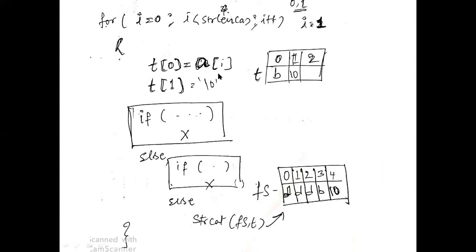Okay, as i is 1, you're going to fetch the second character from the array a, and you're going to store that one in the 0th position of t, and the next character turned out to be a null character. That t is now an array of a single character b, or a string of single character b. In this case, the first if condition fails, because when you compare the content of t